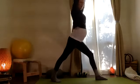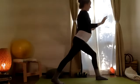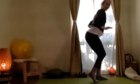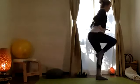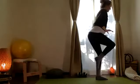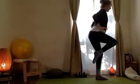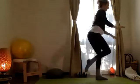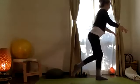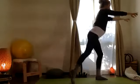Exhale, pivoting all the way around once again. Hands move in. Good. Back foot is going to move in. And then you'll inhale, reach. Exhale, pull up. 10, 9, 8, 7, 6, 5, 4, 3, 2,